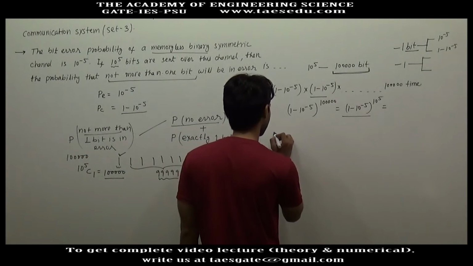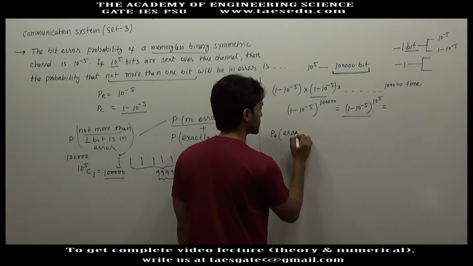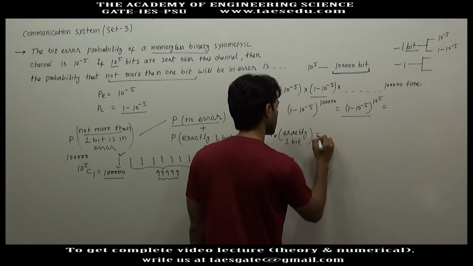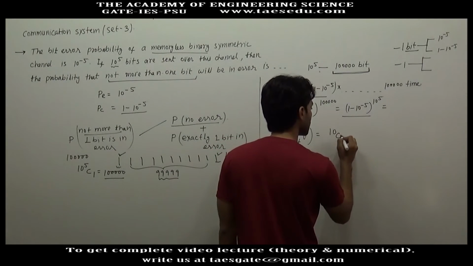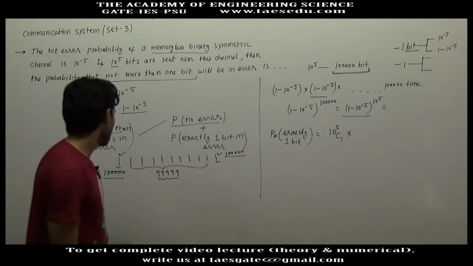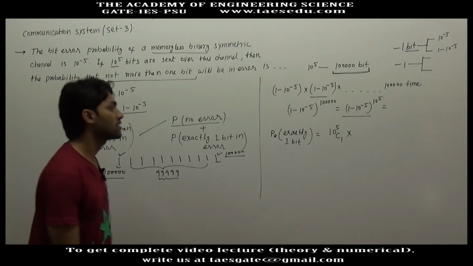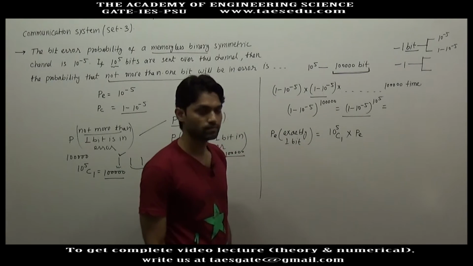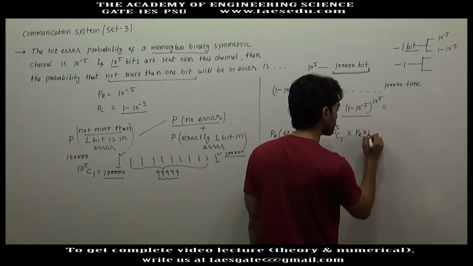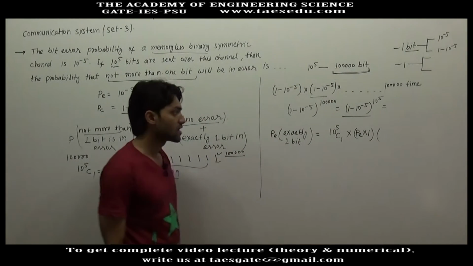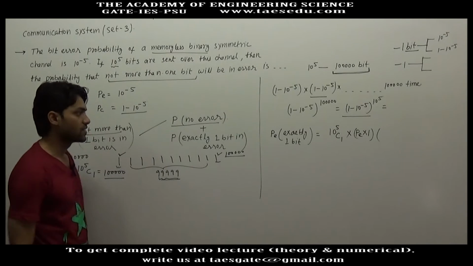So first, the probability of error when exactly one bit is in error. This may happen in 10 to power 5 C1 ways, and one bit has to be in error, so we will multiply it with the probability of error, and there is only one bit, and remaining all bits have to be detected correctly. How many bits are remaining? 99,999